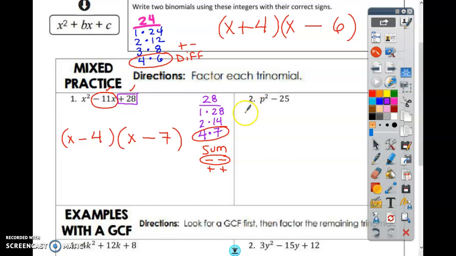This one is like the one that we did for the warm-up, right? So it's p squared plus 0p minus 25, because I was missing that 0 in the middle. So I need factors of 25, things that multiply and give me 25. 1 times 25 and